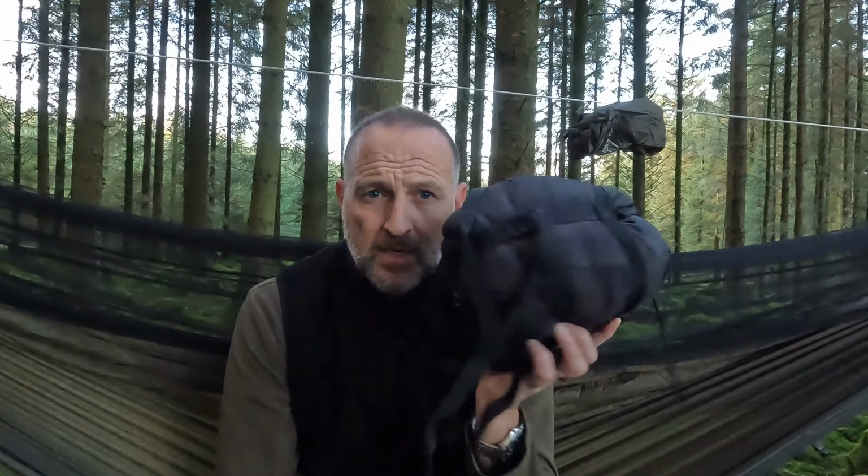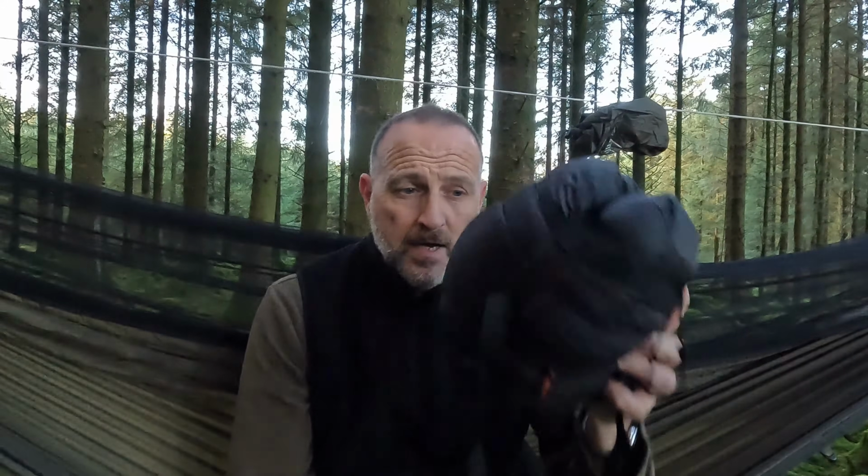It does come with a compression sack, which is, again, head comparison test. Pretty good size once it's squashed down. The weight, they claim, is 1,180 grams. But I weighed it, and it actually weighs 1,155 grams. So 25 grams less than what they state. And that's inside its compression sack. So that's a great rarity for a company, because they normally underestimate the weight of their equipment to make it